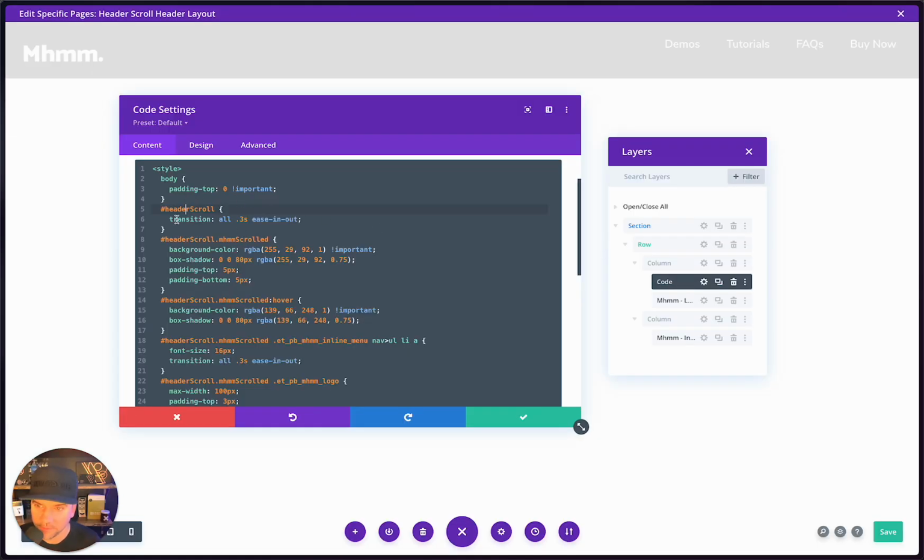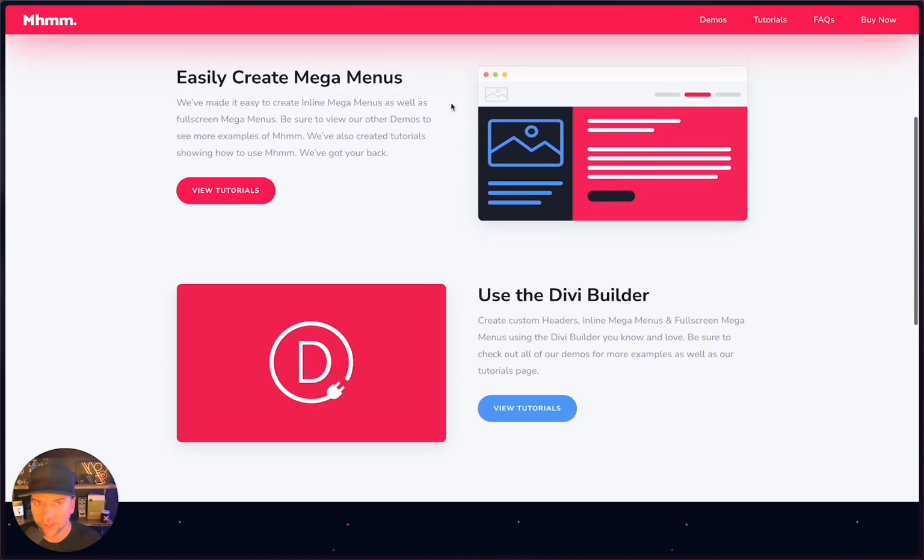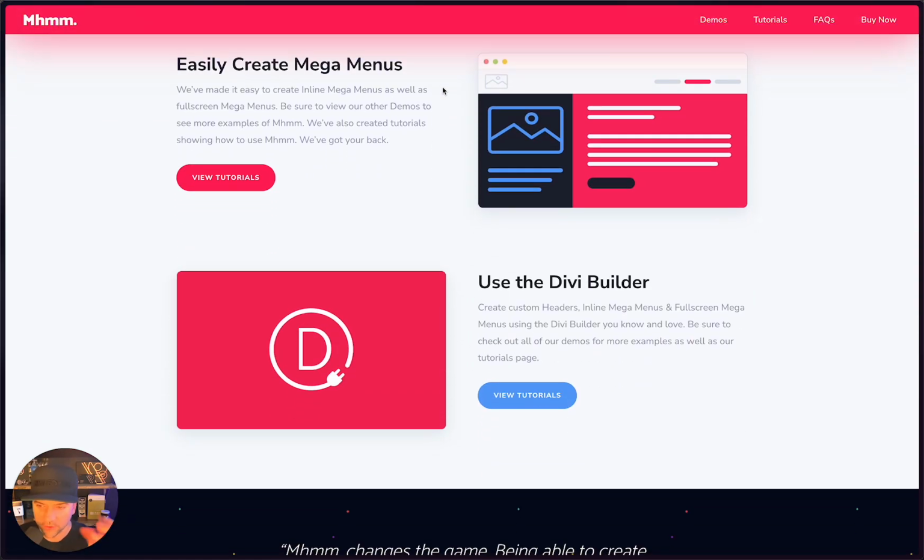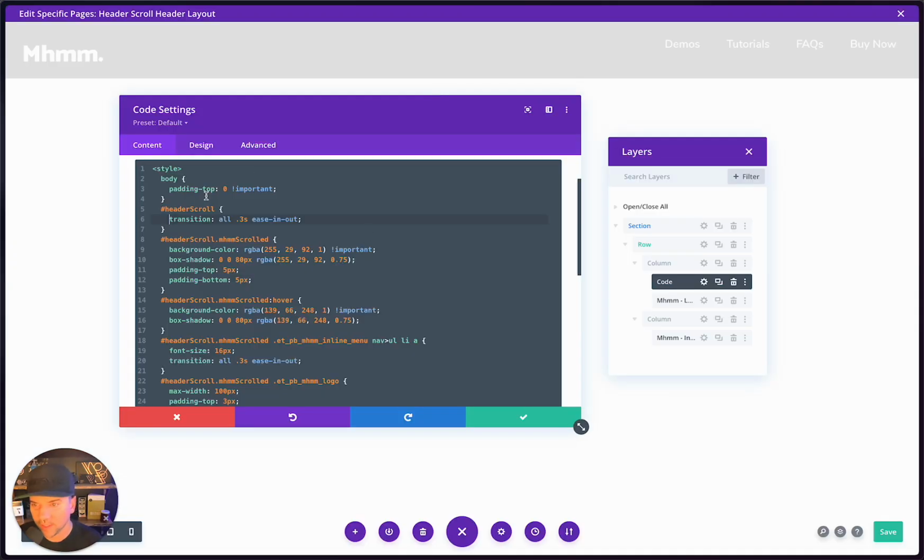That's what that's doing. Header scroll, I'm adding this transition. That's just making sure that when it does transition, everything is smooth and not just all of a sudden. So that's what that line is doing. And here I'm saying, hey, when the header scroll does get that class added, after 474 pixels, when it does get it added,